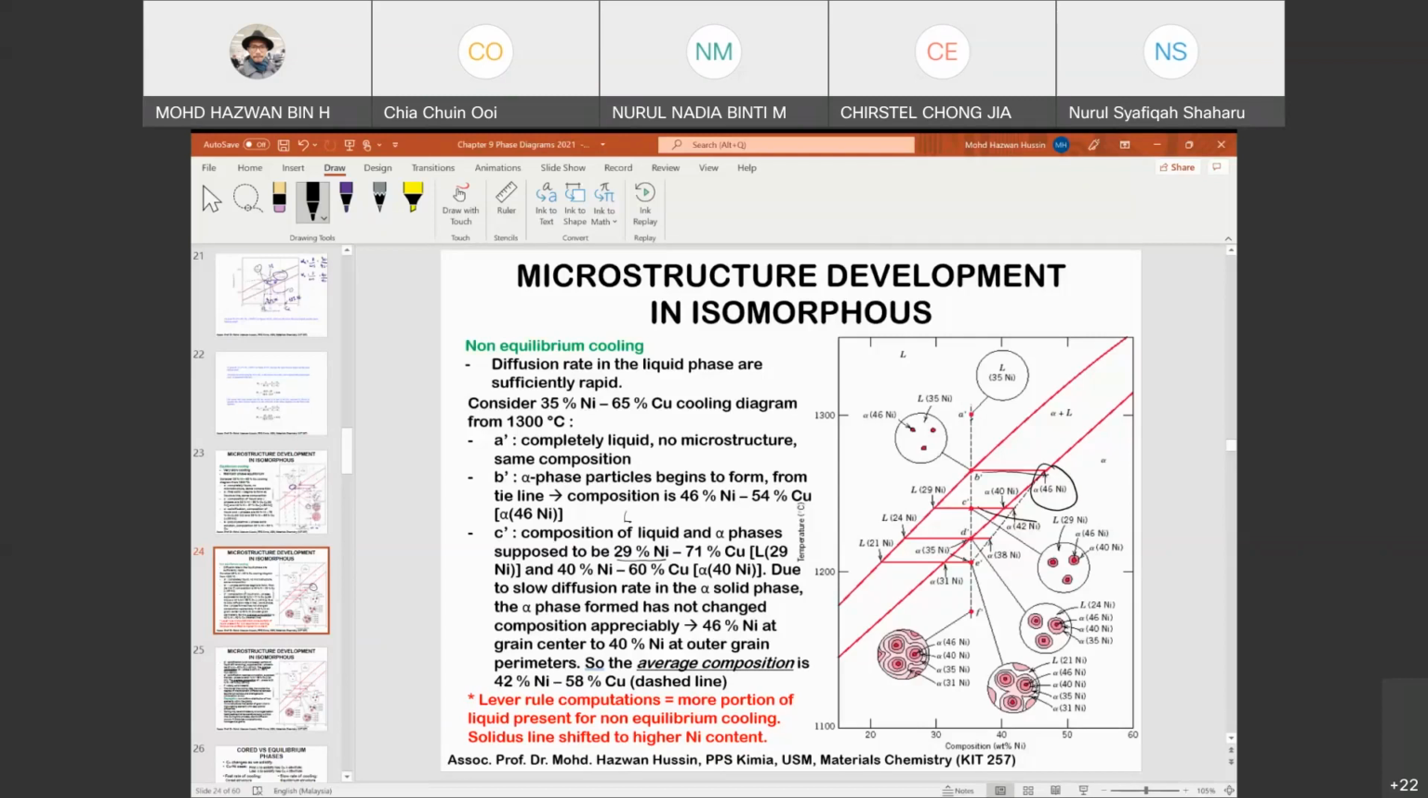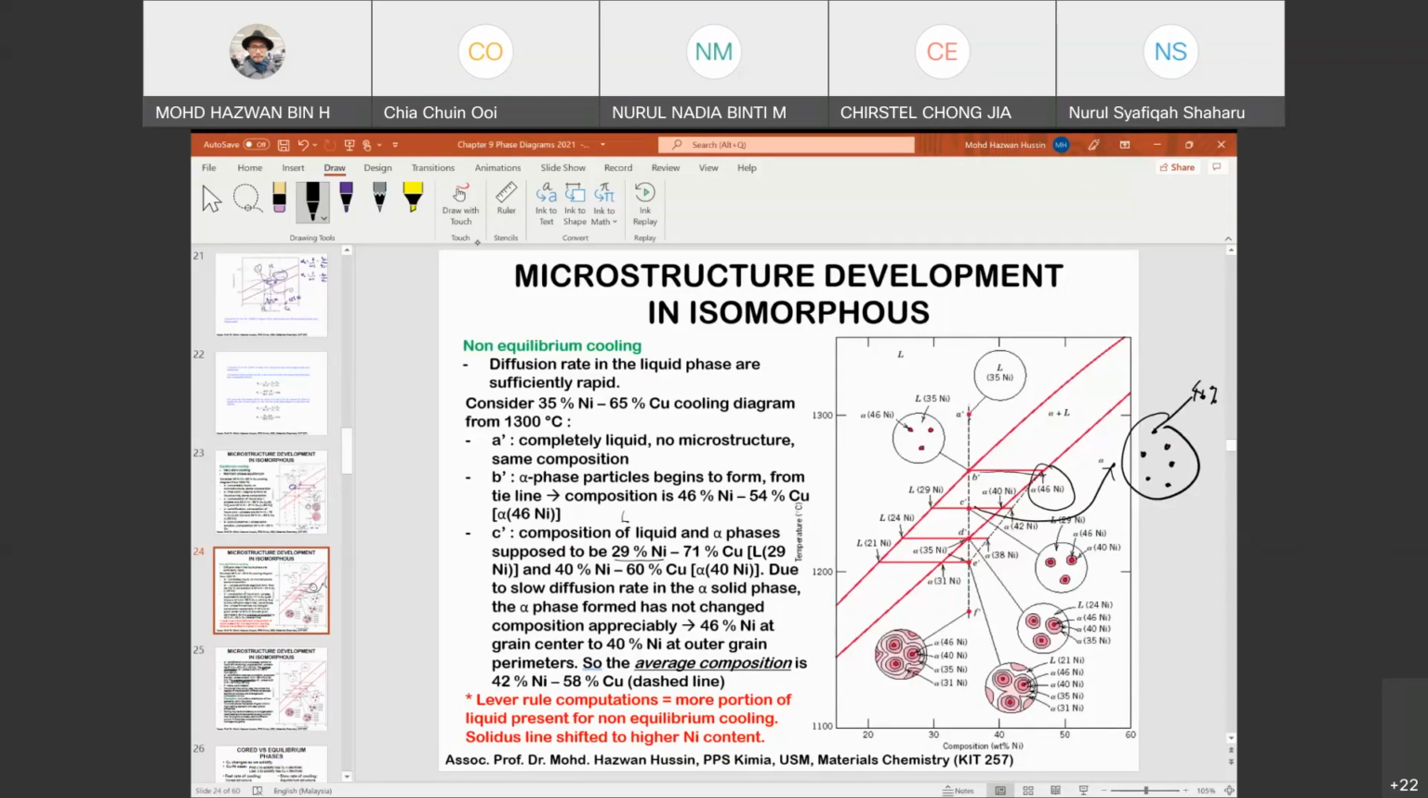If we look at point C, the microstructure, you will have the grain layer that forms from D prime, which is equal to 46% of nickel. But after that, when it solidifies, it forms another layer. So you will see that it becomes like a donut. I mean, you have a core structure and you have an outer layer. The outer layer is supposed to be 40, because if you read from here, the solidus line, it should be read as